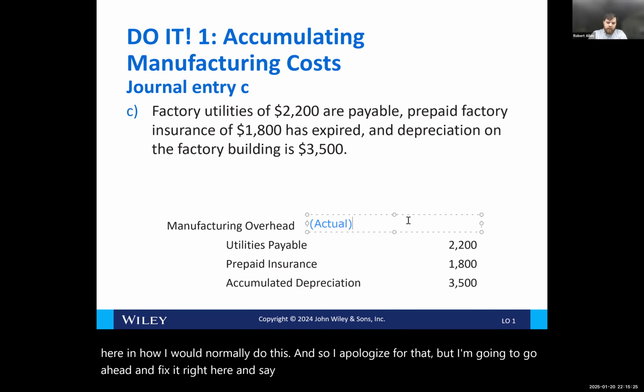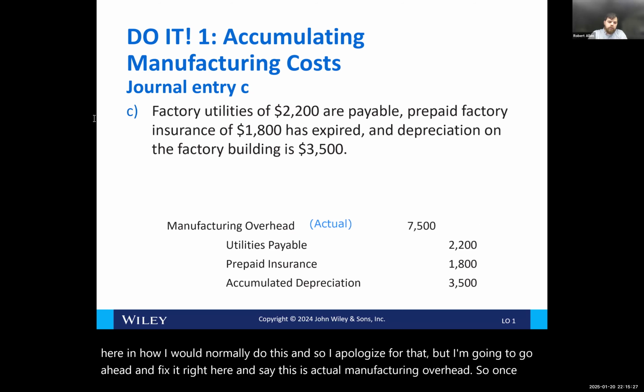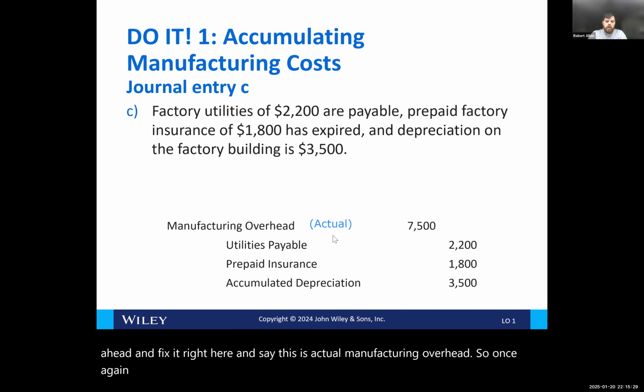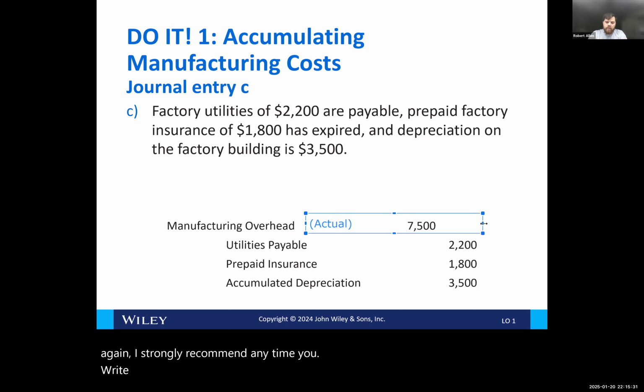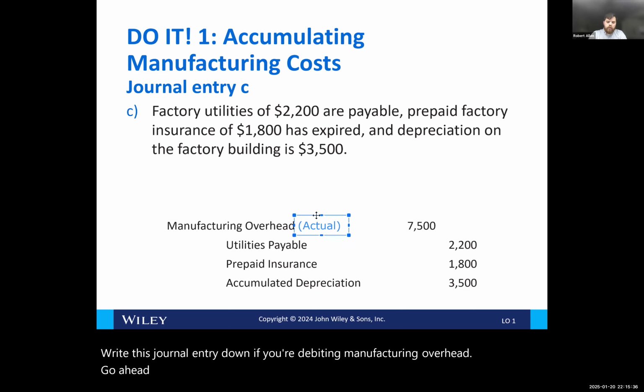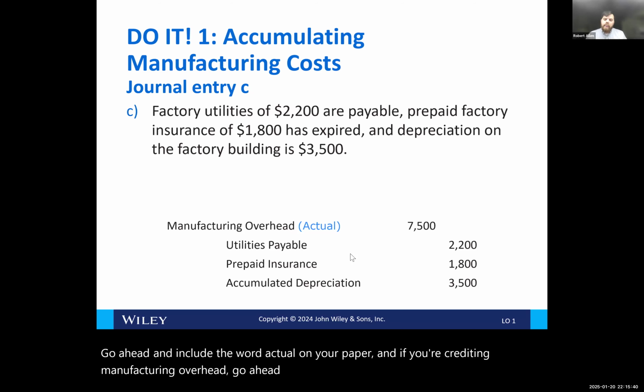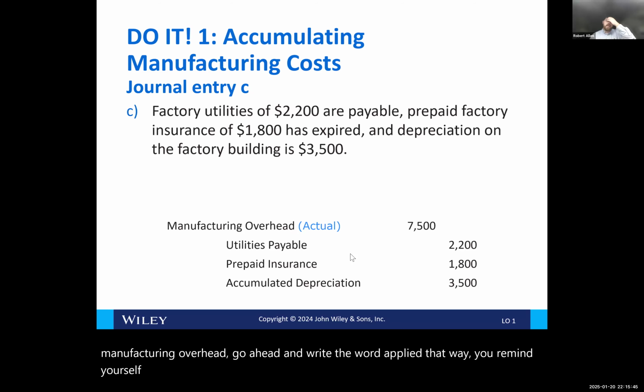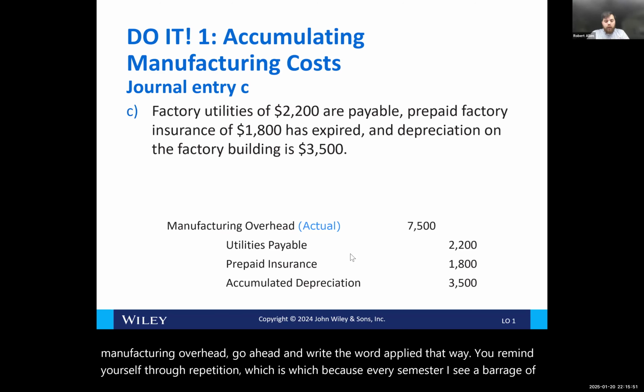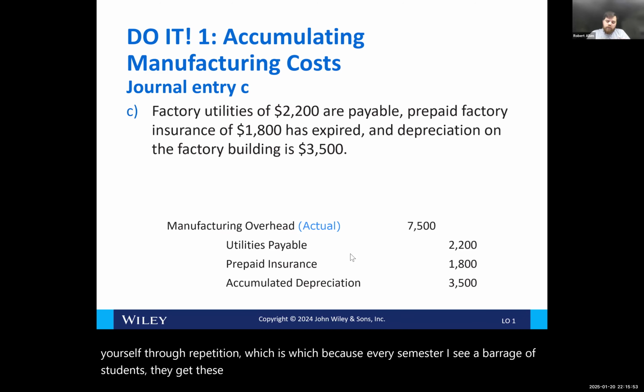So once again, I strongly recommend that anytime you write this journal entry down, if you're debiting manufacturing overhead, include the word actual on your paper. And if you're crediting manufacturing overhead, write the word applied. That way you remind yourself through repetition which is which, because every semester I see a barrage of students who get these backwards. And that manufacturing overhead T account we talked about earlier,